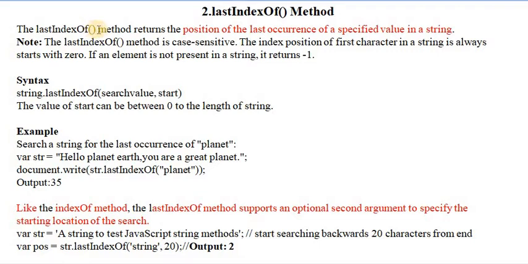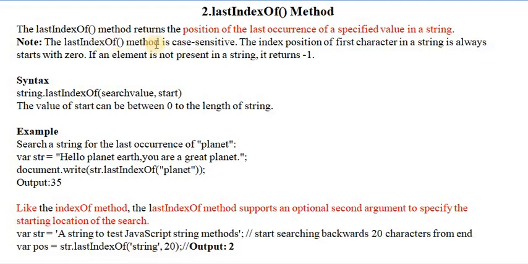The lastIndexOf method returns the position of the last occurrence of a specified value in a string. The indexOf method returns the index number of a character or substring within a string, but the lastIndexOf method returns the position of the last occurrence of a specified value.